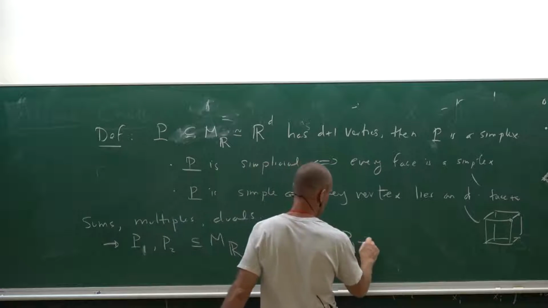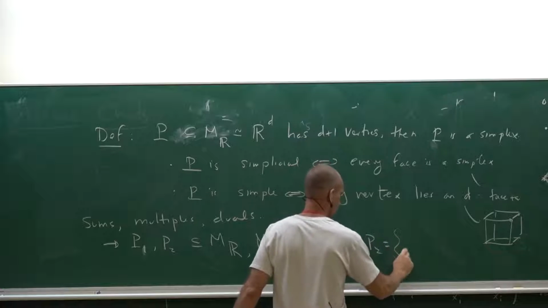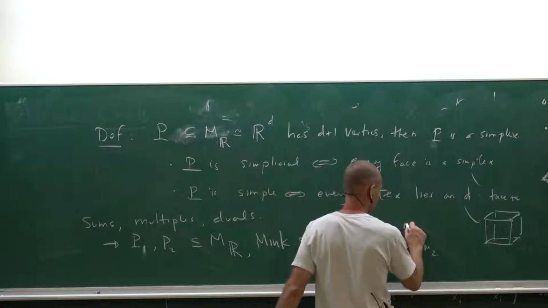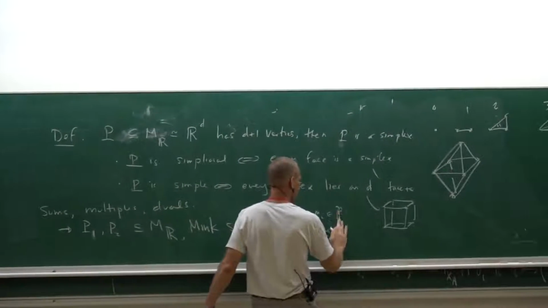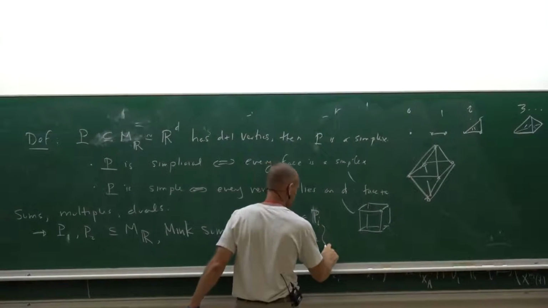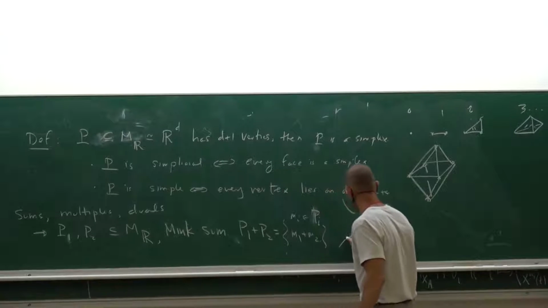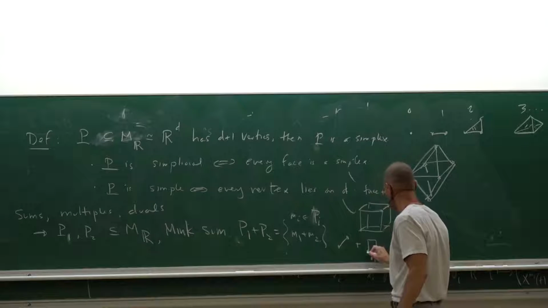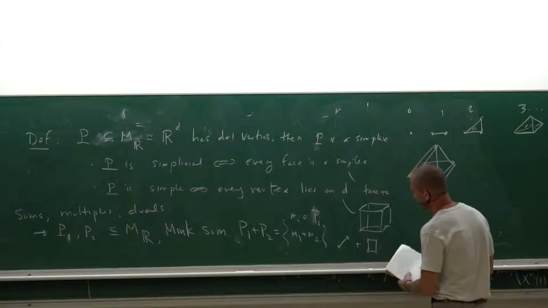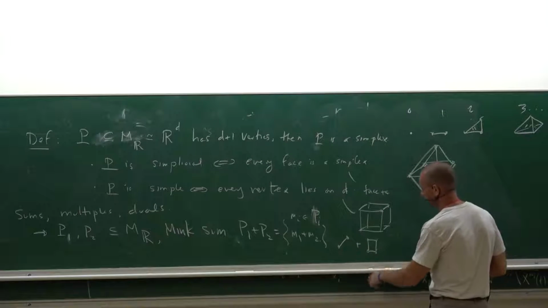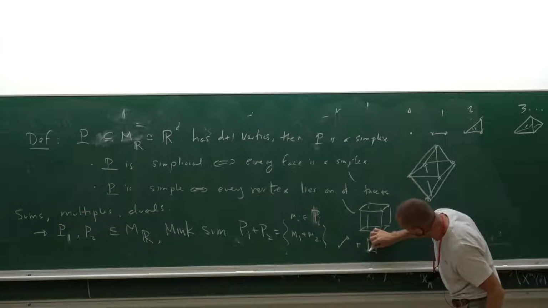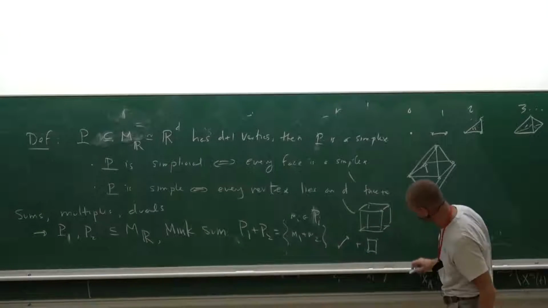P1 plus P2 is just the set of M1 plus M2 with Mi in Pi. And there's a nice way to picture this. If I took, say, a line segment like this, plus a square, what you imagine doing is picking some reference vertices and pinning them together and then running it around. So if I take this and superimpose this vertex on this vertex and then slide that vertex around, I get